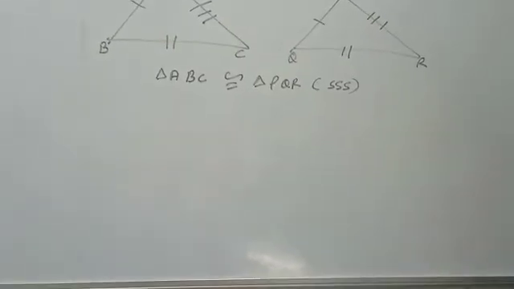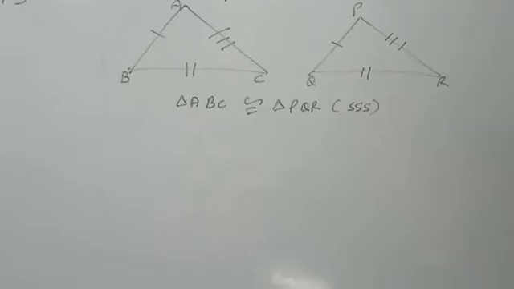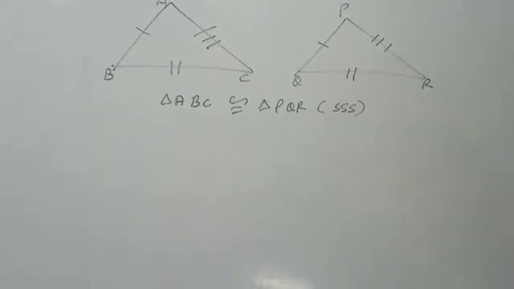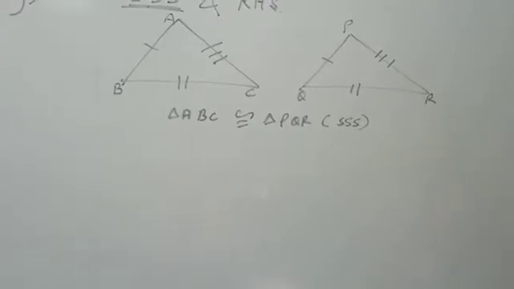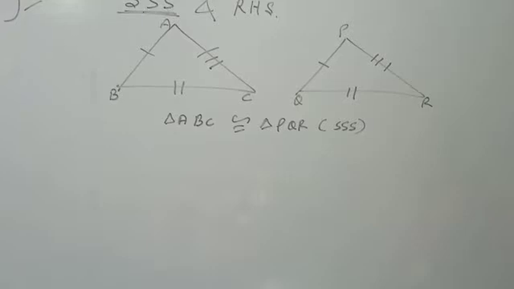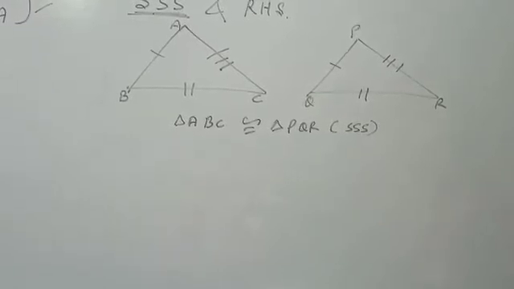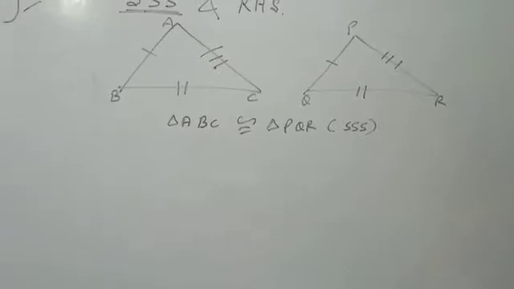Remember this thing: angle criteria cannot be applied in congruency, because two triangles can have the same angles but not be the same size. In congruency, the two figures must be of the same shape and same size, then they can be congruent. So this implies angle criteria cannot be applied in congruency.